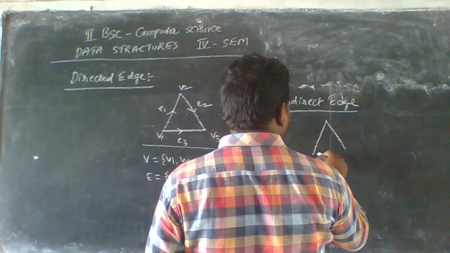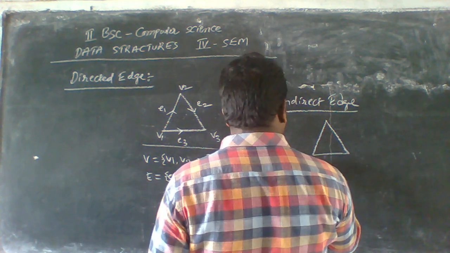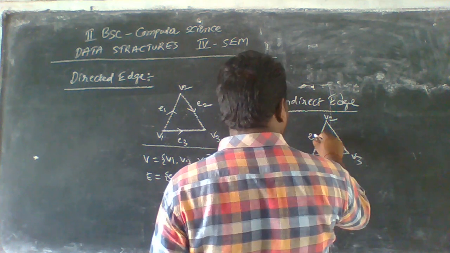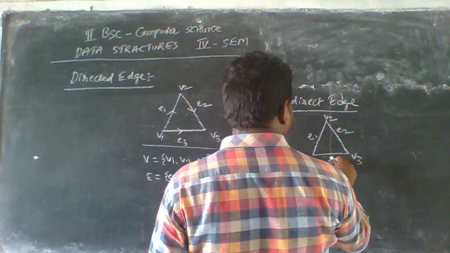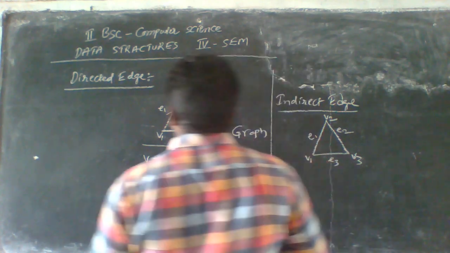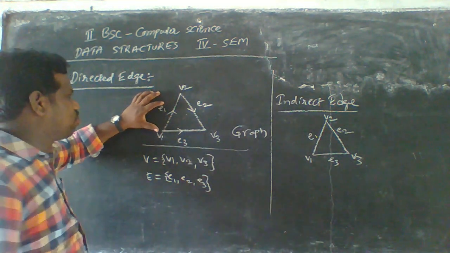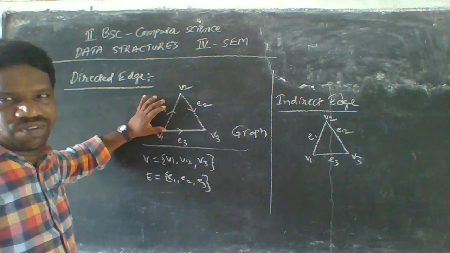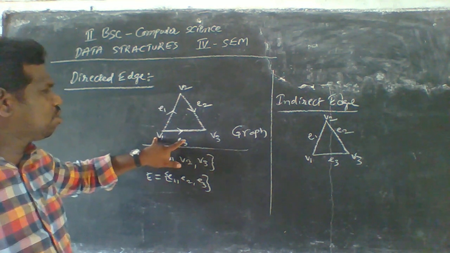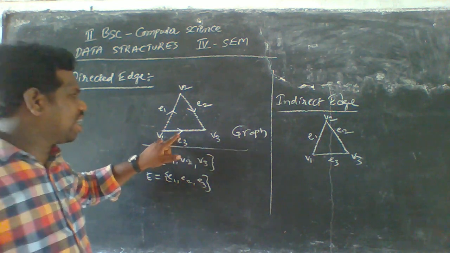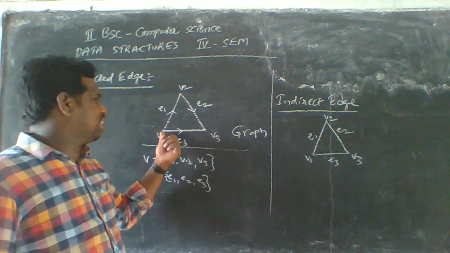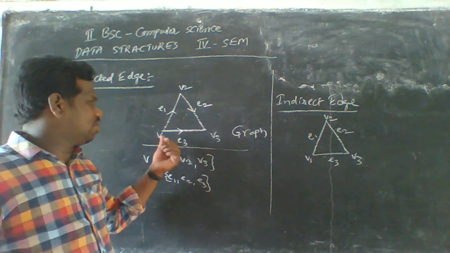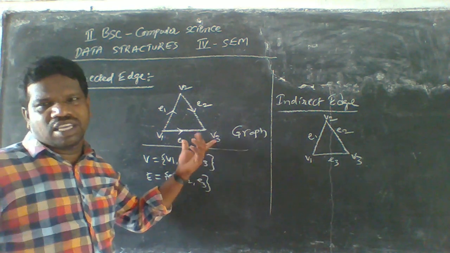So this is called a direct edge, and it is V1, V2, and V3. This is the E1 edge, this is the E2 edge, this is the E3 edge. In the direct edge, E1 is equal to V1 comma V2, but not V2 to V1. And E3 is equal to V1 comma only V3, because this is the initial node and this is the terminal node. That's why E3 is equal to only V1 comma V3, because of its direction.